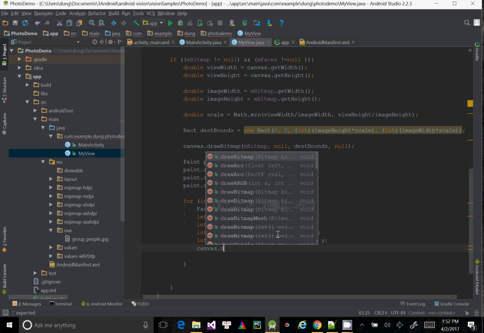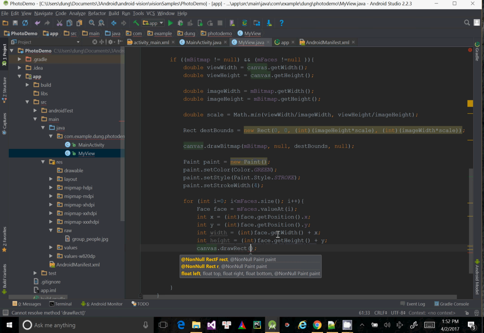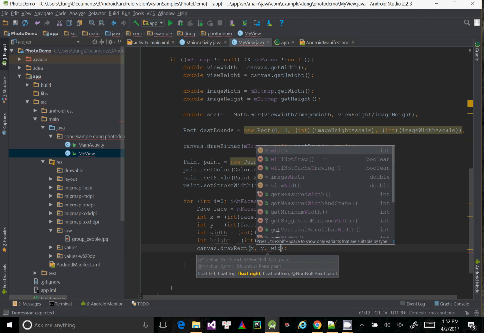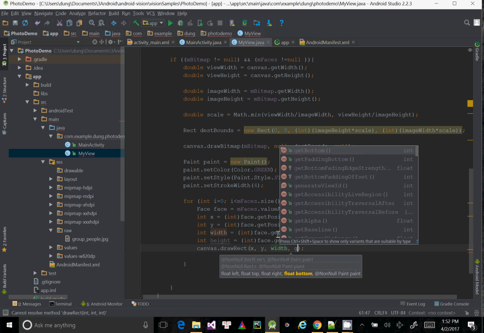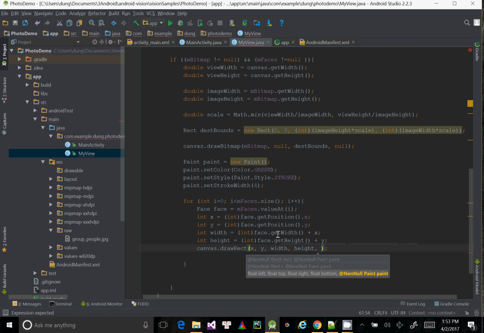Draw rectangle, X position, Y position, width and height, and the paint object. Okay,